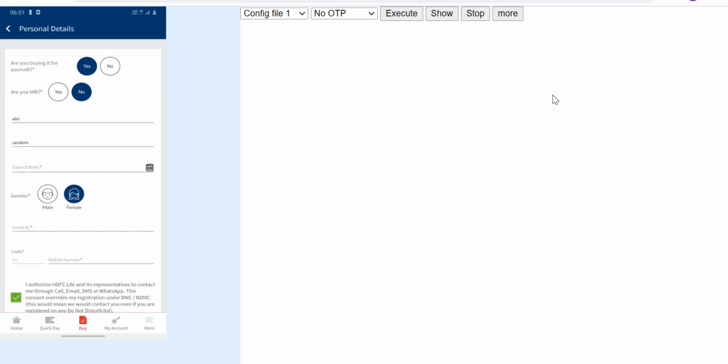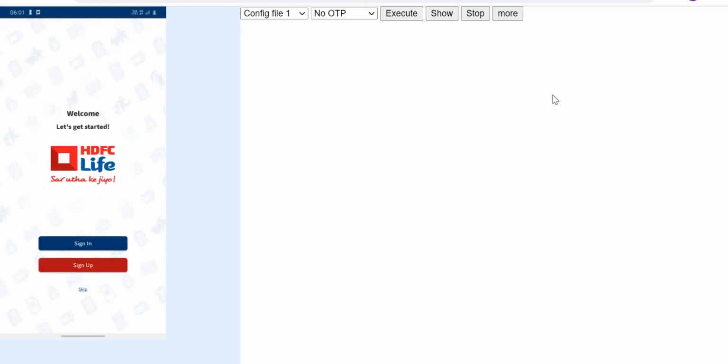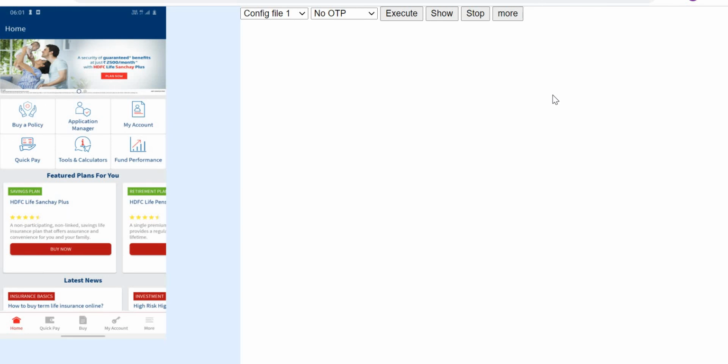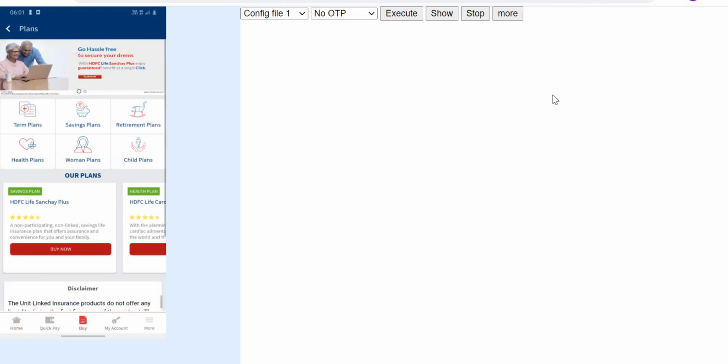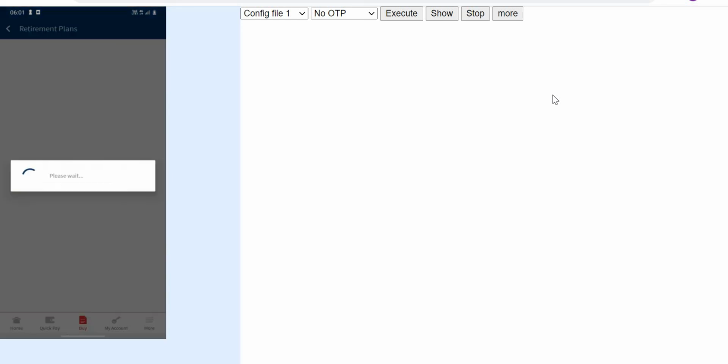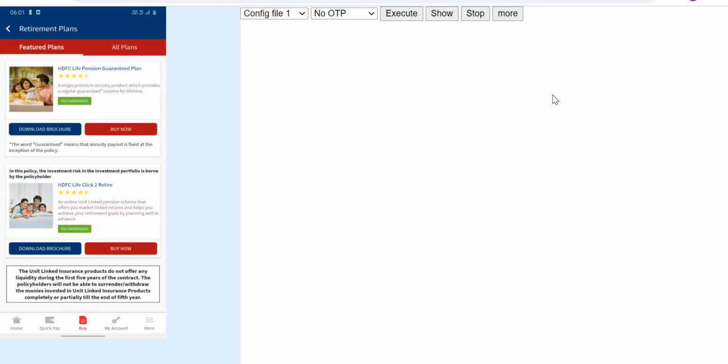Now it will start executing with the second test data automatically. Yeah, it has started. So this time it will be clicking on term plans rather than savings plan. Hope it is clear.